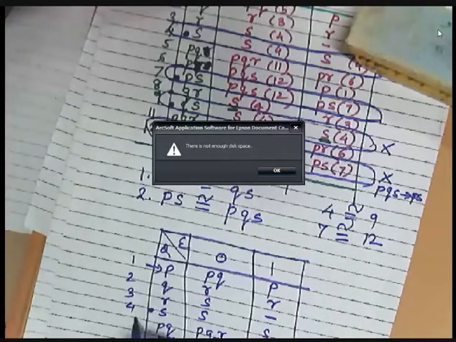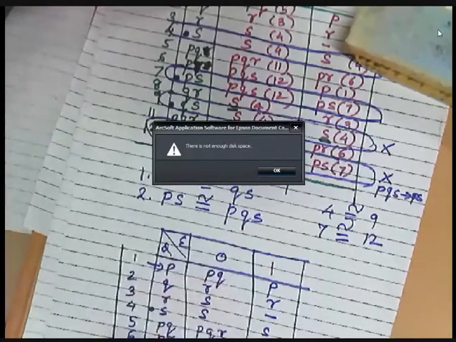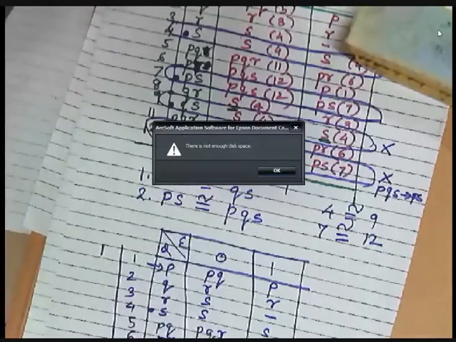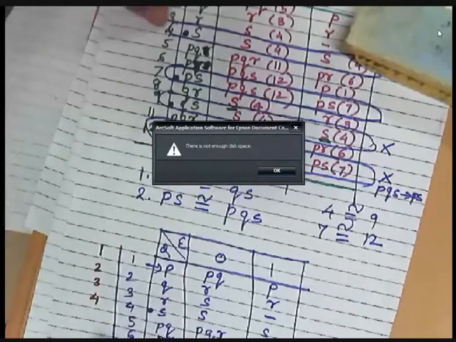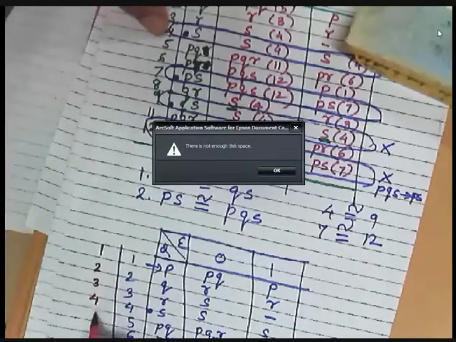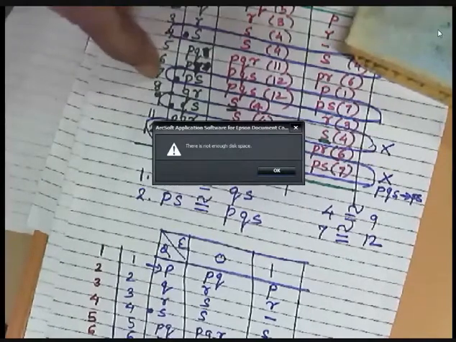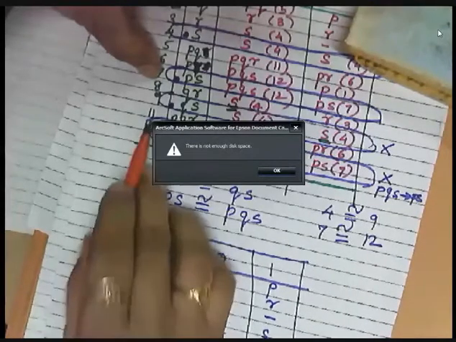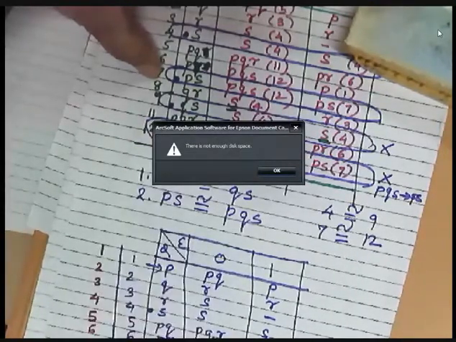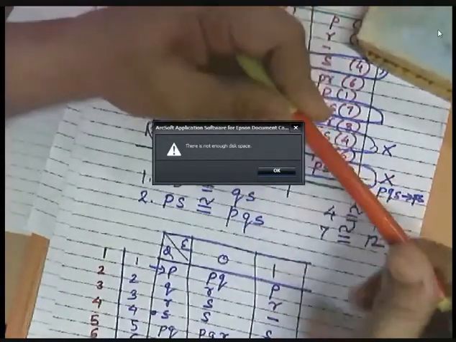So 5, 6, 7, 8, 9. These are the total states, but actual numbers are 1, 2, 3, 4. Then PQ is having number 5 and PR is having number 6. PS is having 7. Then we are having next state as 8 and finally 11. So these numbered states are remaining. That means a total of 9 states are remaining out of 15 in the final state DFA.